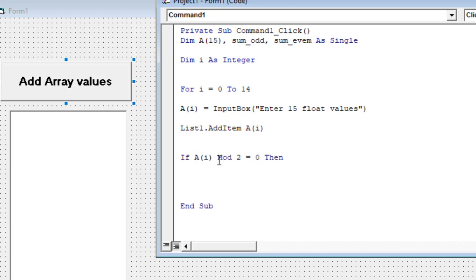So if I say a(i) mod 2 equals 0, this is when I am testing whether this value is even. If it is even, what I have to do is calculate the sum up to that number. I can say now sum_even equals sum_even